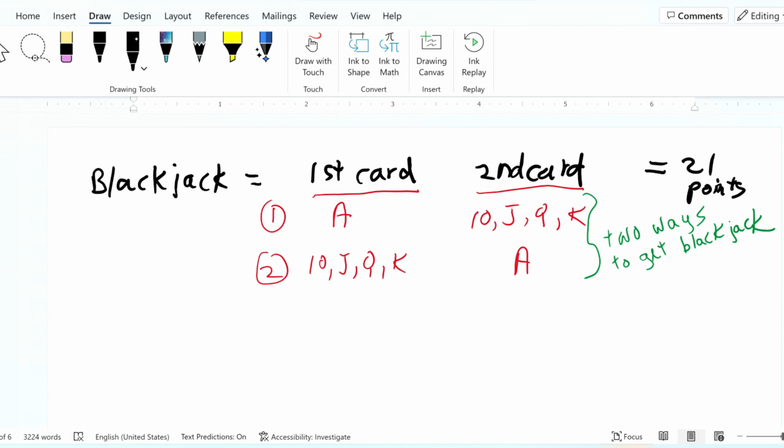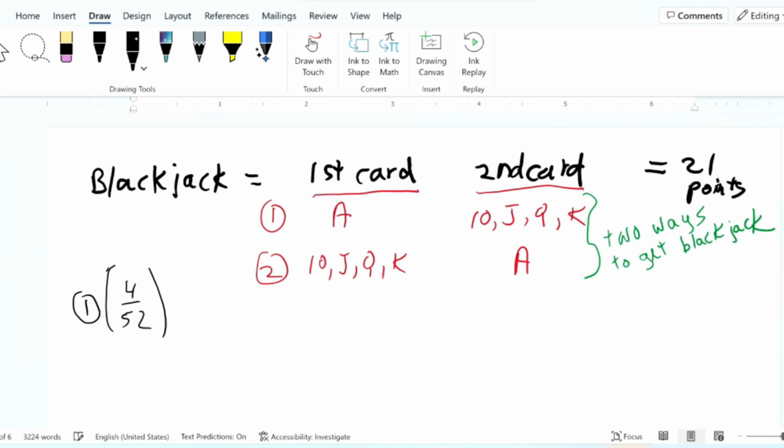Now let's look at the first way. What is the probability of getting an ace for the first card? So that would be 4 out of 52, right? There are 4 aces in a deck of 52 cards. So 4 out of 52. And then given that the first card was an ace,